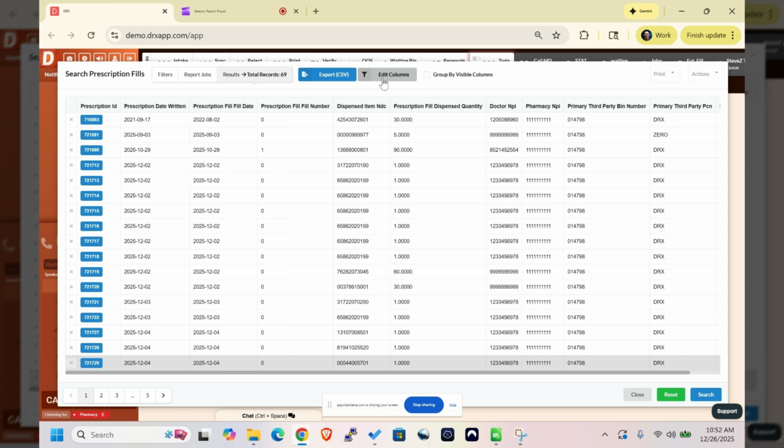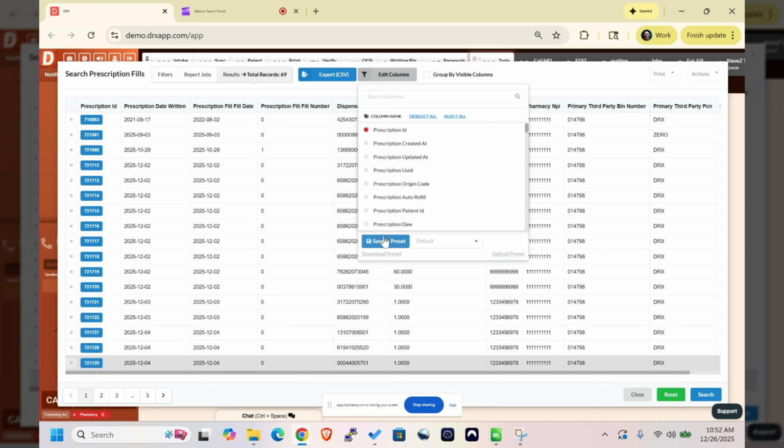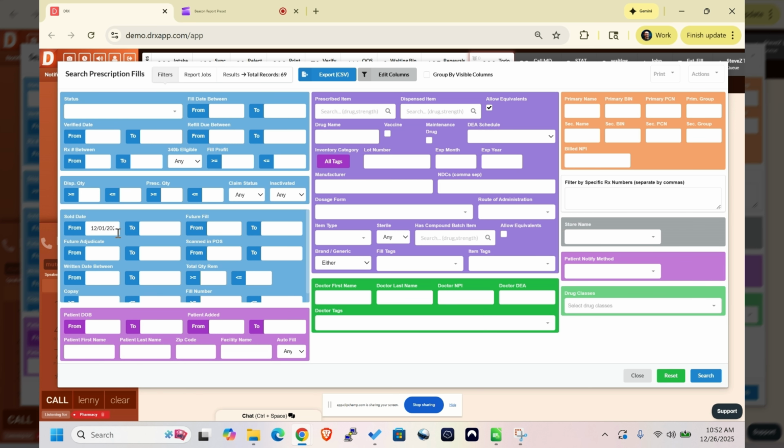The last thing we'll want to do is go ahead and save this new preset. And we'll give it a name. We're going to call it Beacon Report. We'll hit save. And now if I were to ever run another report, let's say it's the following week, and